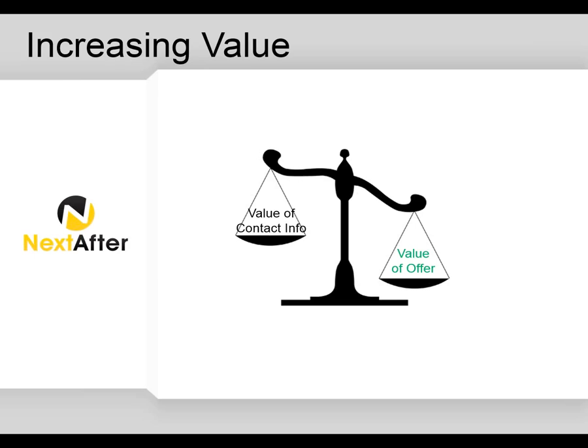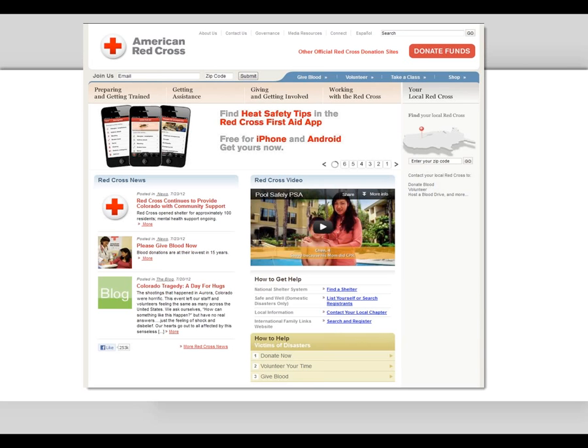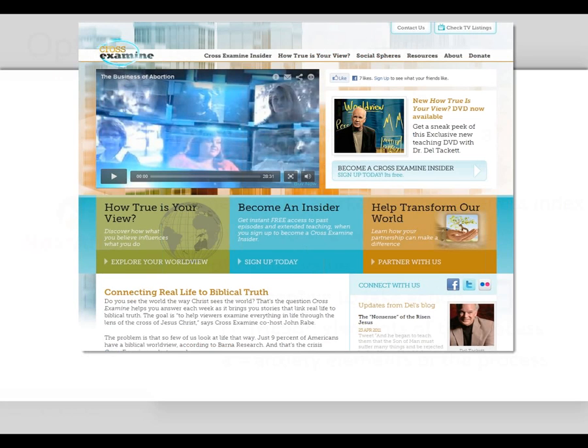Okay, that's pretty simplistic. Let's get a little bit deeper. American Red Cross, many of you probably recognize this organization. We'll look at this one, and we'll look at this one as well. Cross-Examined, this is a broadcast nonprofit organization, and we'll look at the two email offers associated with each of these. So let's first look at